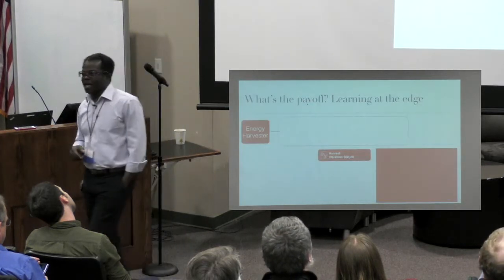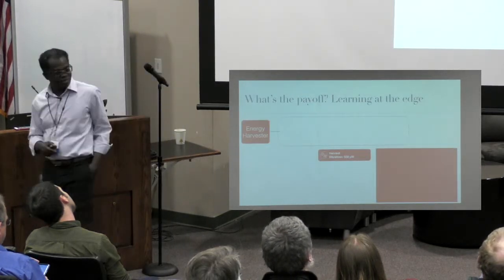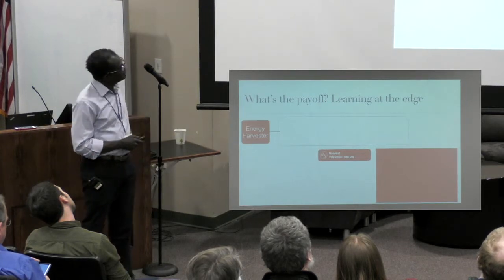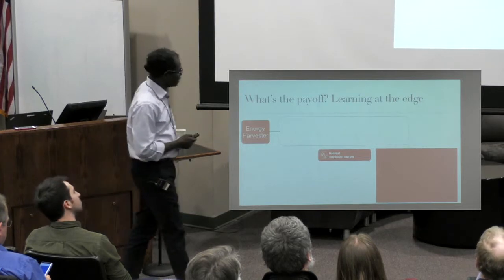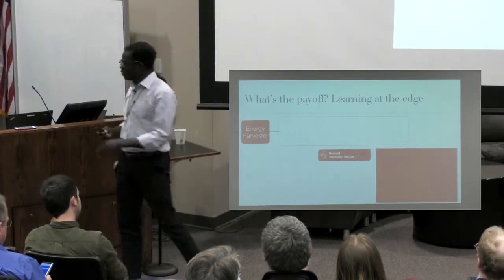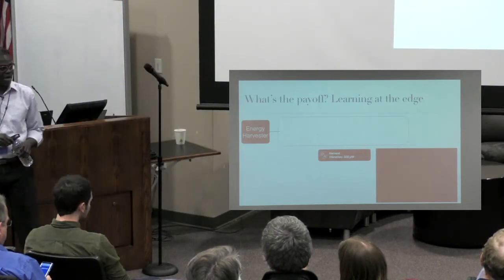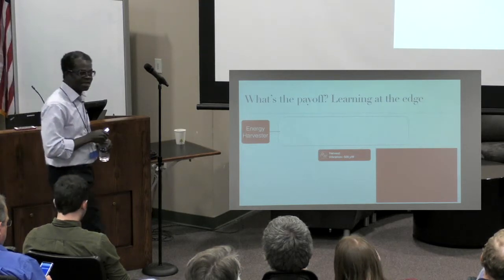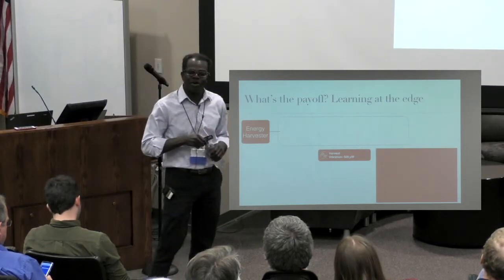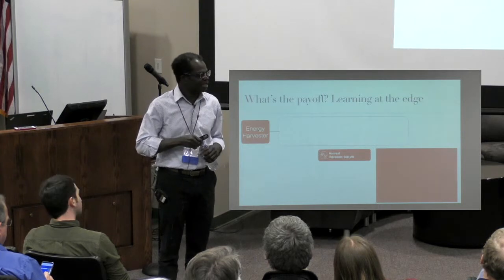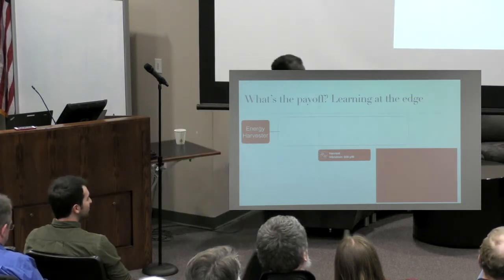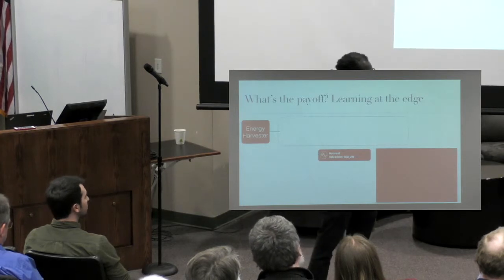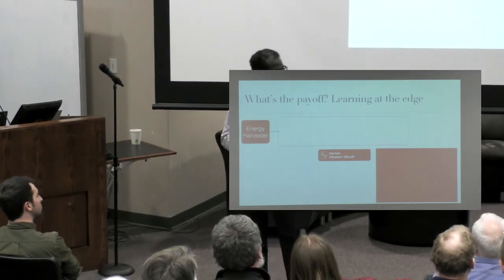And what is the payoff? If we're able to do this, what is in it for us? I think Giacomo alluded to this. Right now, the thing that we want is to go where computers have never been. You want to deploy this kind of smarts. Basically, anything that you see that's dumb could be smart. Every strut inside a bridge could be smart. There could be a little accelerometer on it.